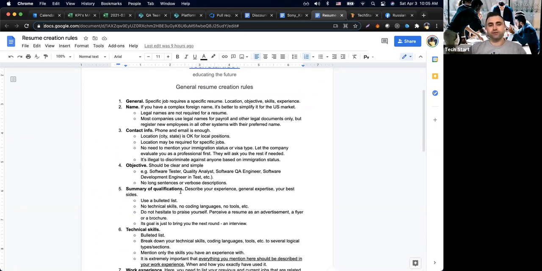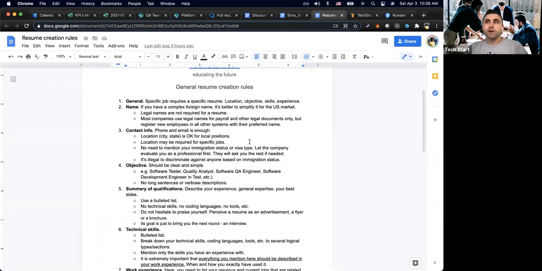So they have some initial resumes, right? There are a lot of applications right now where you can just go to the application, enter your data, and it will build the resume for you. But then you need to know some rules in order to create a perfect looking resume,